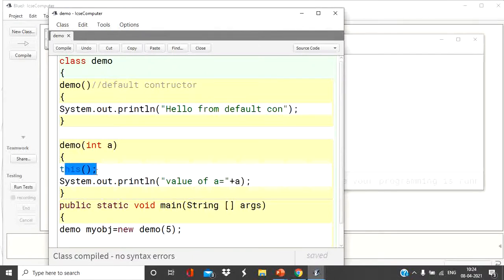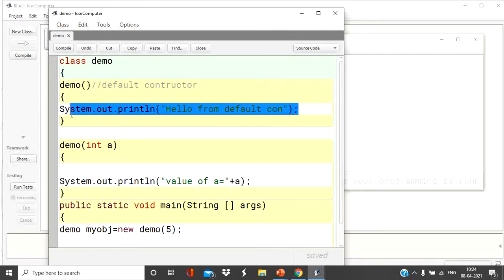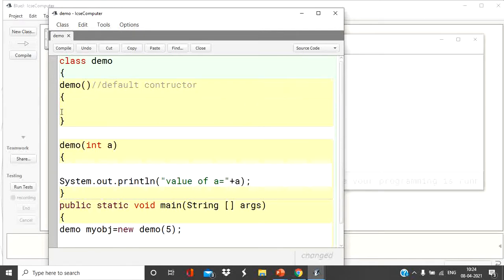We can also call the parameterized constructor from the default constructor. How can we do that? Simply we have to remove this and write this here.